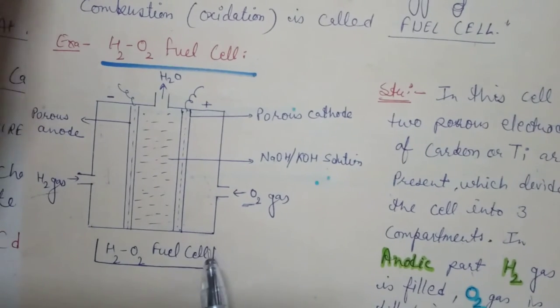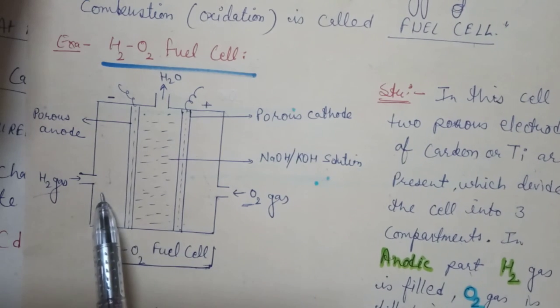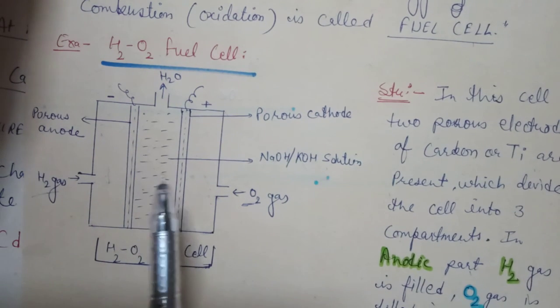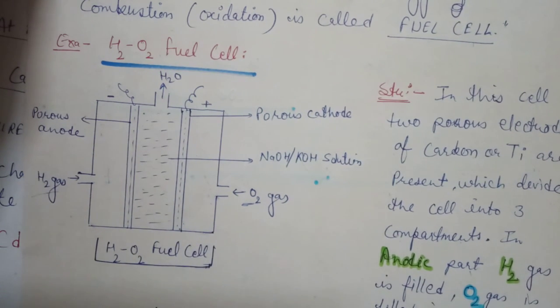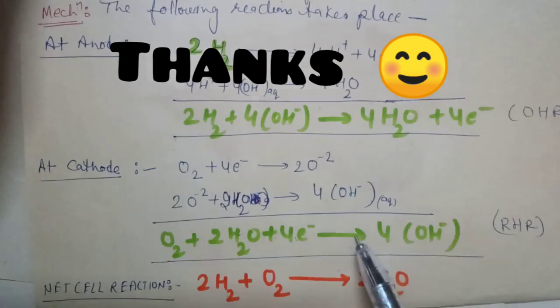This is the structure of the fuel cell. Very simple structure. In the middle, KOH solution is filled. Here H2 gas, here O2 gas. This is the anodic part, this is the cathodic part, this is the electrolytic part, and formation of H2O takes place in the cell by this mechanism, where oxidation takes place, reduction takes place, and the total oxidation reduction is